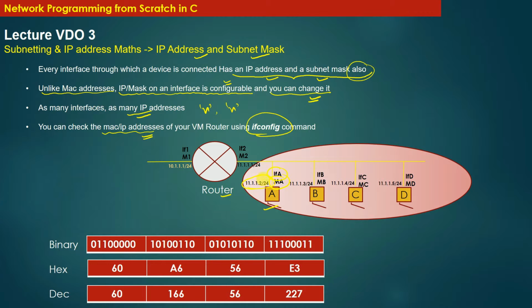right? So the MAC address need not follow any particular pattern. It can be any random number as assigned by the device manufacturer. But the IP addresses that you configure must follow certain rules. And what are those rules? The rules are that all the machines which are supposed to be present in the same subnet must be configured with IP addresses such that all of those IP addresses give you the same subnet ID or same network ID,